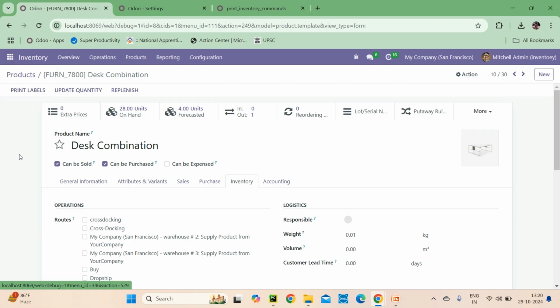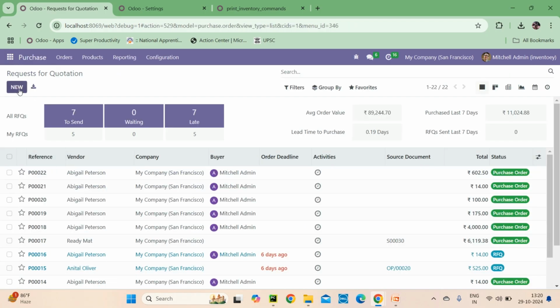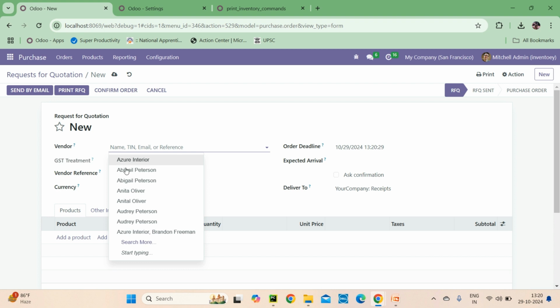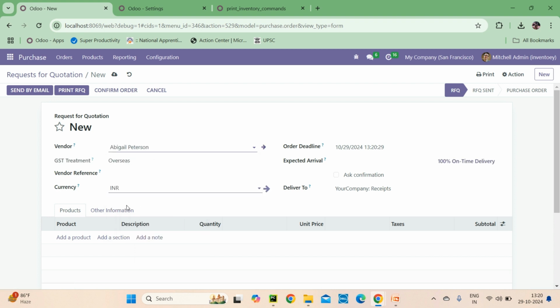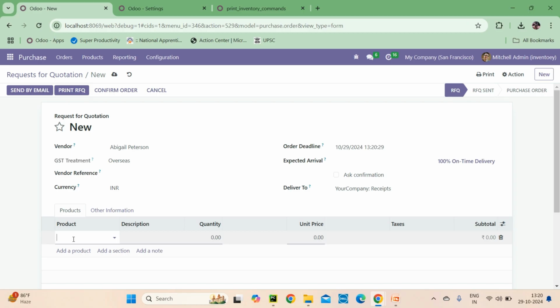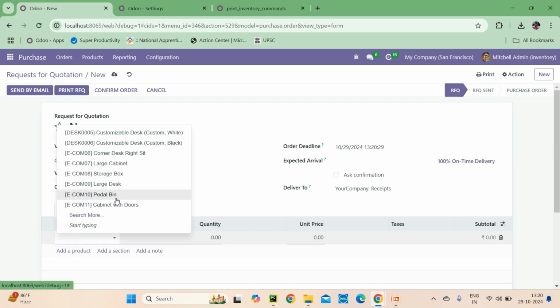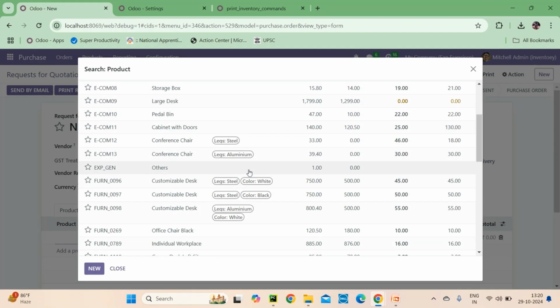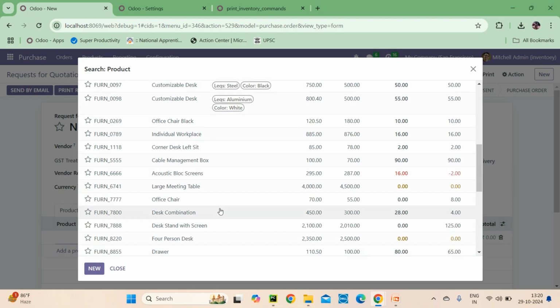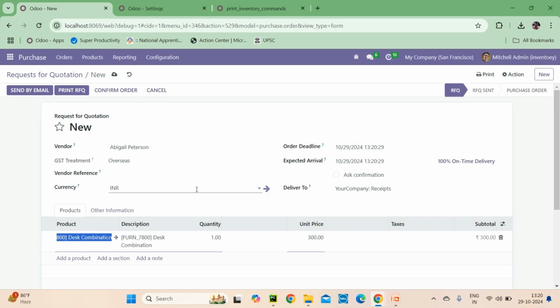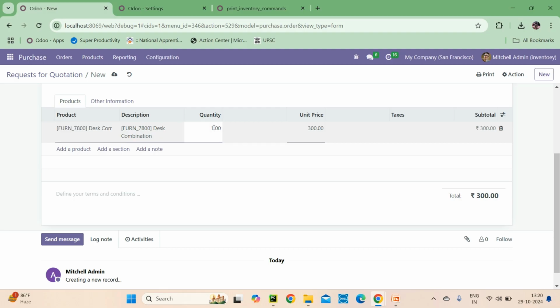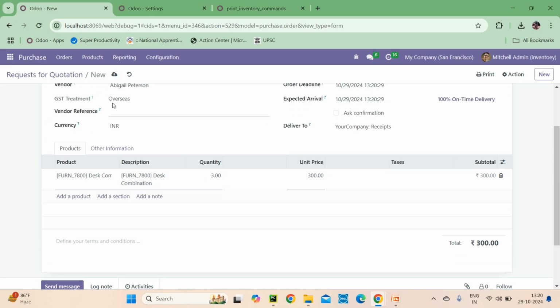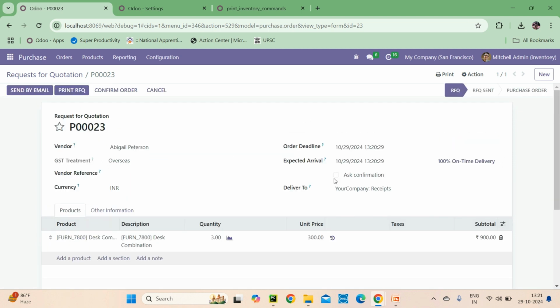Now I'm going to create a purchase order. For example, I am choosing 3 products. Whenever I save this, confirm,